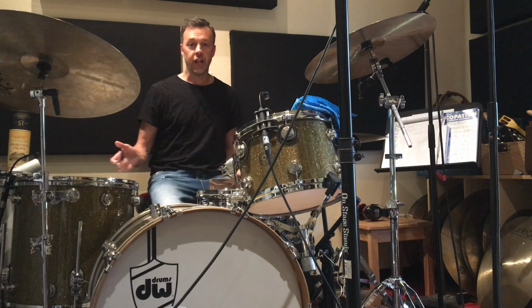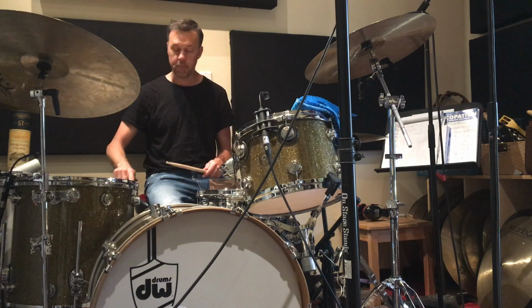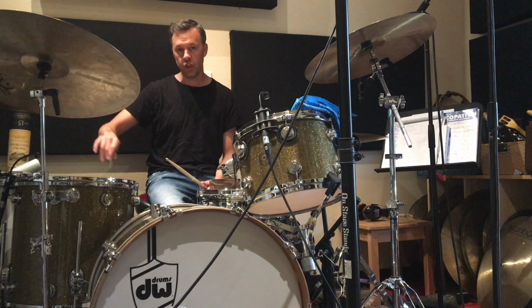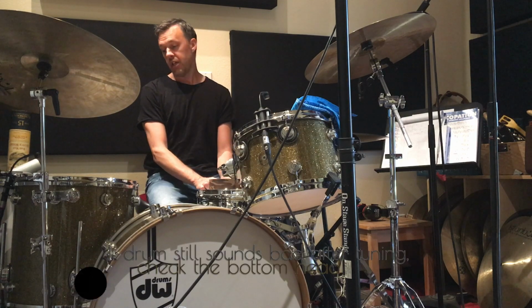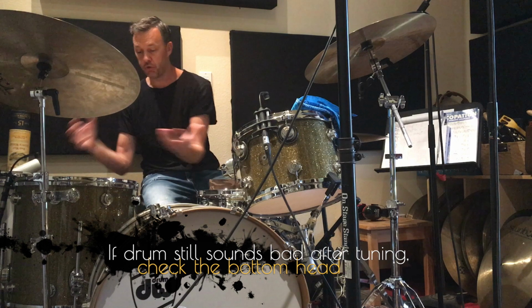Okay, if they're not too bad, I'll just move accordingly around the drum and I'll keep matching to one lug. Okay, if it's getting close and it's starting to sound good, then hey, great. I don't have to do much, and I know that. I'm very happy. If it's bad and I'm not getting any closer, then I pick the drum up and I